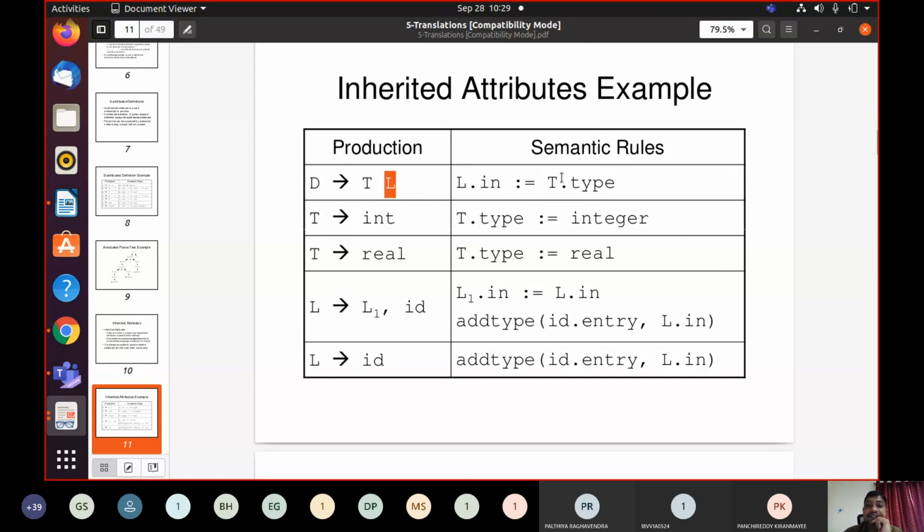So this is a classical example for an inherited attribute grammar. L.in equals T.type. For this production rule, T.type is integer. T.type is real. So if you want to evaluate L.in for this particular expression, L